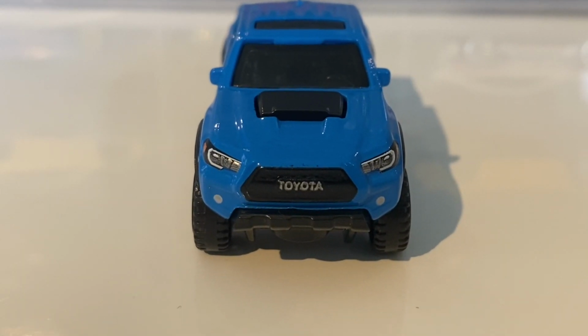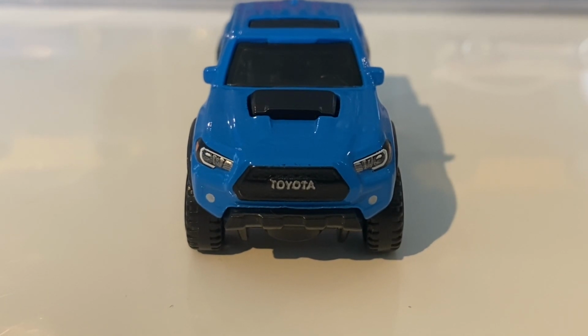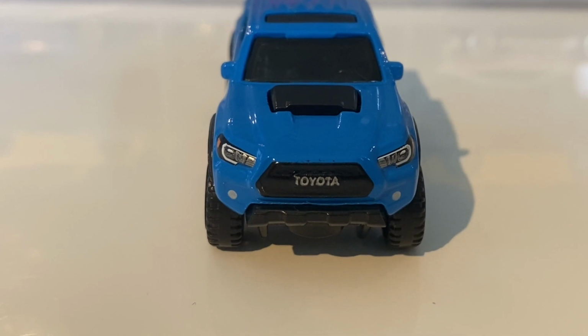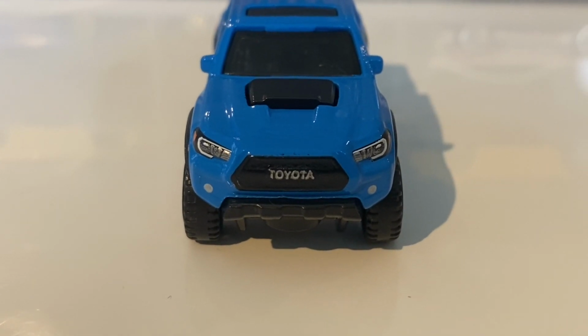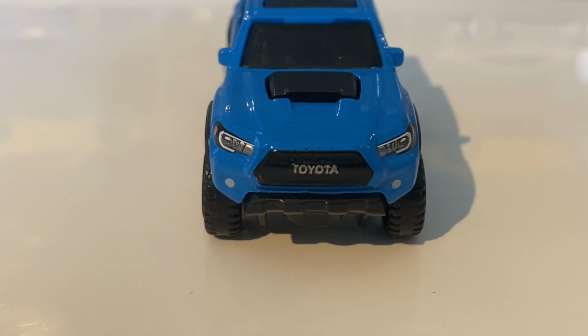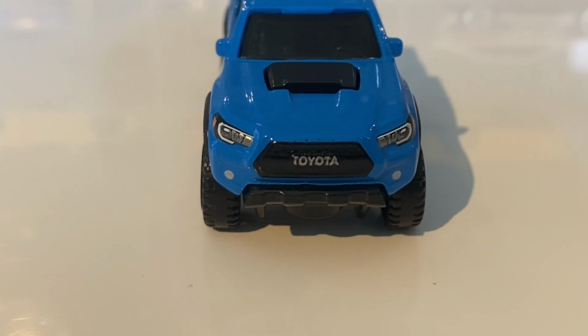Moving on to the front of this car, you can see it's very tampoed here. There's a lot of tampo work going on, so I will get into it now. We have the headlights, which are being done realistically, as well as the grille, which is done in black, and we also have the Toyota writing, which is done in silver tampo. We also have 2 lower fog lights, which are done in silver, but there is something that bugs me about